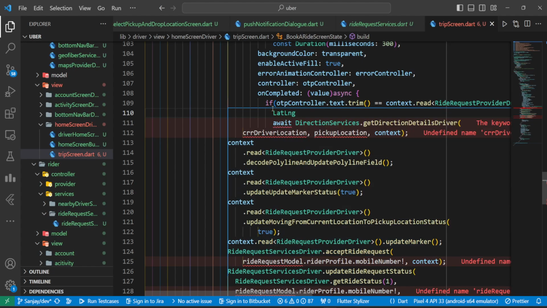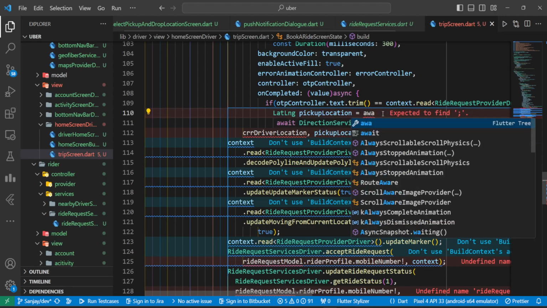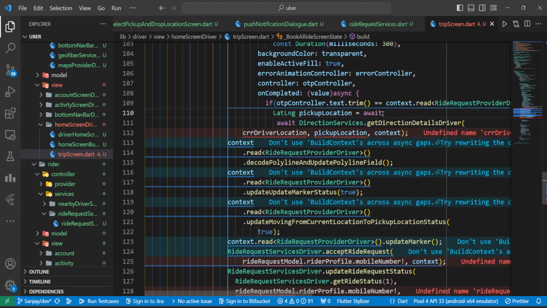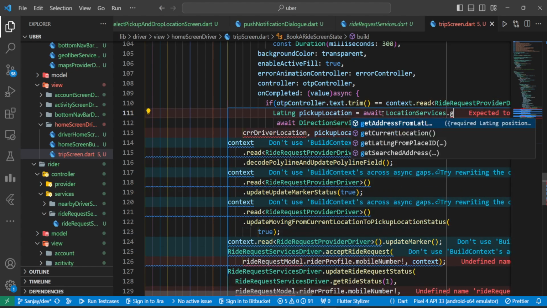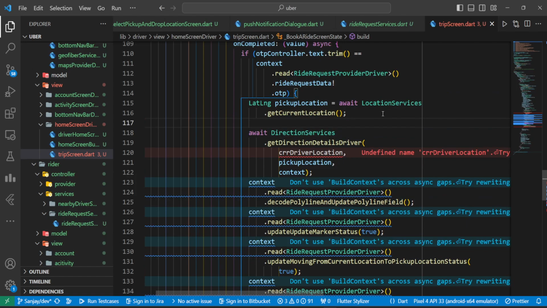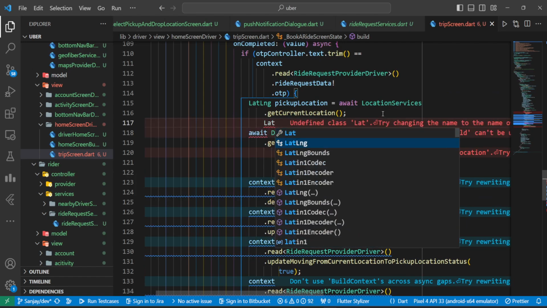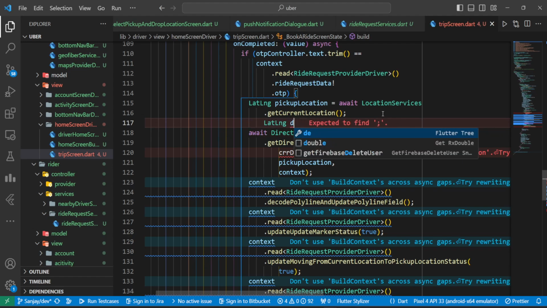Here let's go with pickup location equals, here the pickup location equals await location services dot get current location. Then comes up lat long, that's drop location equals